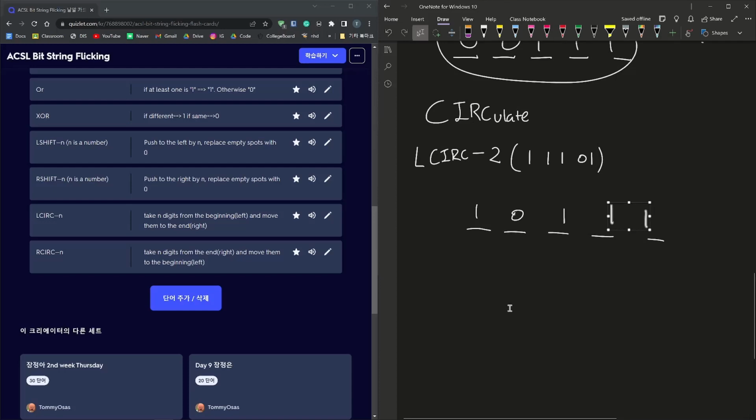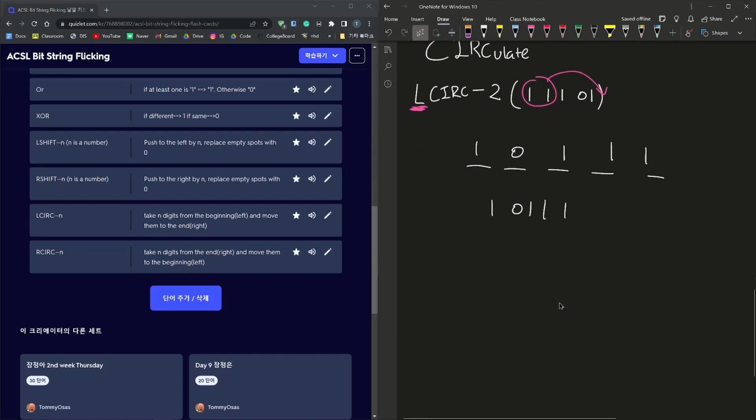And now you see why I said take n digits from the left and move them to the right, because 1 1 1 0 1, and if I take the 1 1 and move it to the right, that's the same thing. What I did was I took 2 digits from the left, L-circ, and moved it to the right. That's L-circ. R-circ is the same thing, but you move it in the opposite way, from the right to the left. R-circ 2,